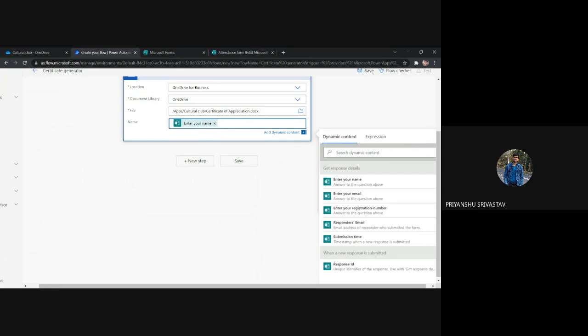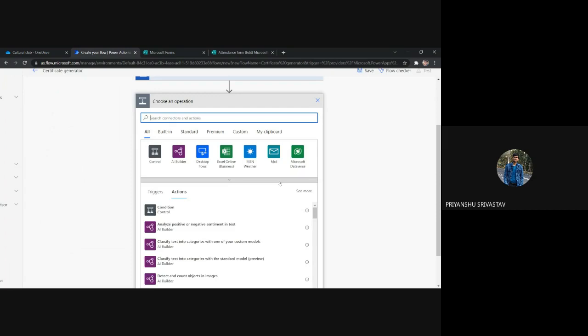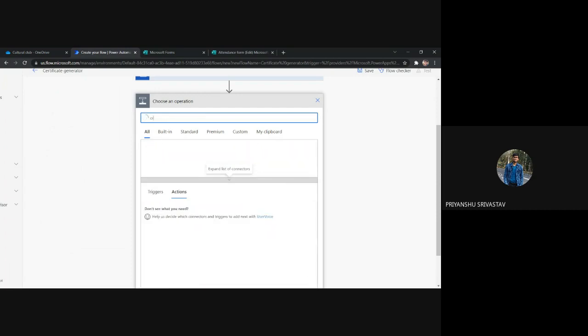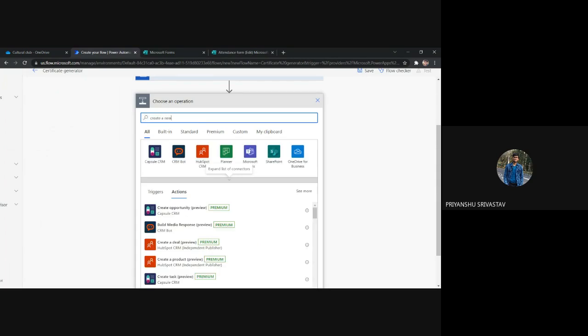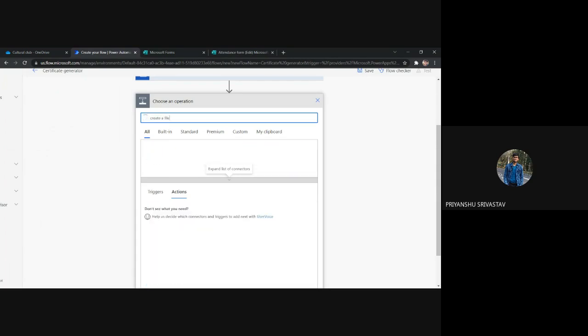And then the next step will be to save this Word document, the newly created Word document, to the OneDrive. So let us click on New Step. And since we have to create a new file, let us type create a new file. Create a file. Okay.